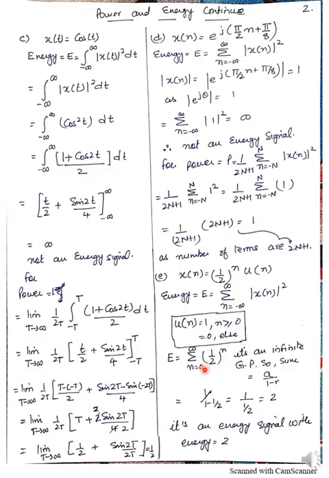When you put n equals 0, it will be 1. When you put n equals 1, it will be 1 by 2. When you put n equals 2, it will be 1 by 4, 1 by 8, and so on. So it's an infinite GP. The sum of an infinite GP is equal to A divided by 1 minus R. A is the first term of the series, and R is the common ratio, meaning the second term divided by the first term, or the third term divided by the second term, and so on.